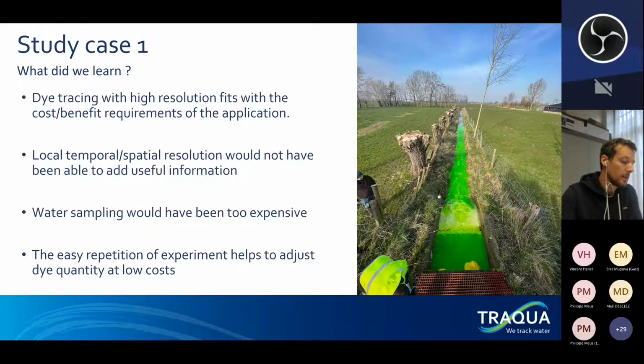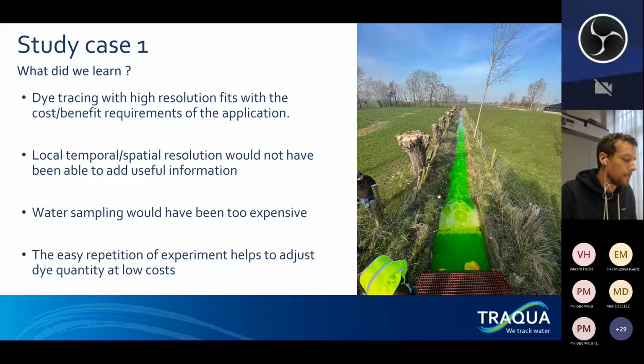First, we learned that we managed to use dye tracing with a high spatial resolution to bring quantitative information about how this system works, at a cost that is in accordance with the cost/benefit requirements of the water producer. Clearly, a lower spatial and temporal resolution for the data would not add significant information in terms of speed and dispersion change that would be valuable for the